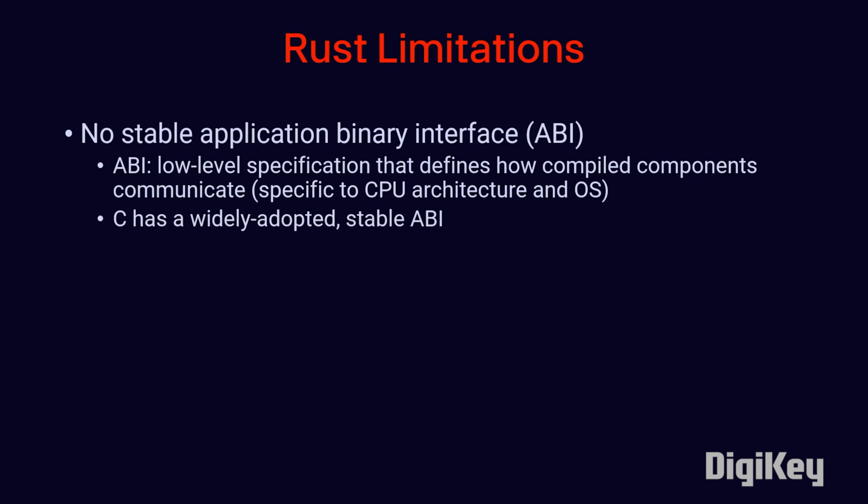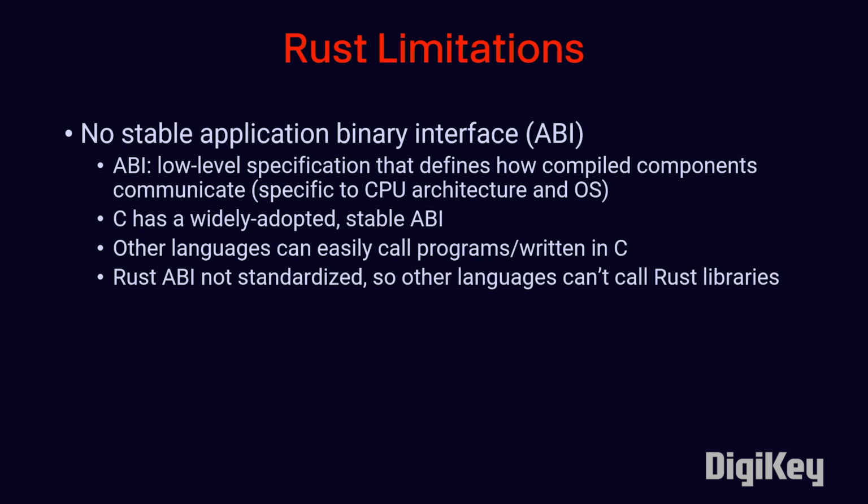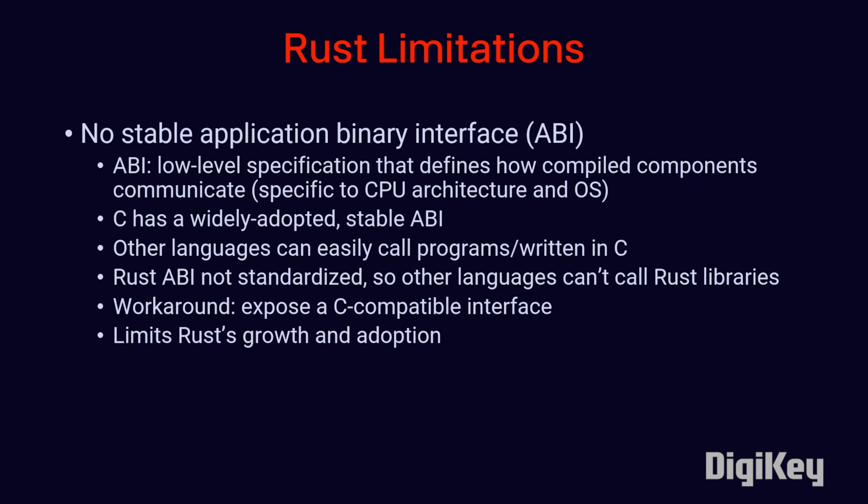C has a widely adopted stable ABI, which means other languages can call libraries written in C through C bindings. It's one of the many reasons C is so widely adopted for things like operating system kernels, drivers, and system libraries. The Rust team has not standardized Rust's application binary interface yet, which means programs written in other languages cannot call Rust code directly. To work around this, Rust libraries must expose a C-compatible interface to be callable from other languages. This limits Rust's ecosystem growth, as developers want to be able to call Rust libraries from a wide variety